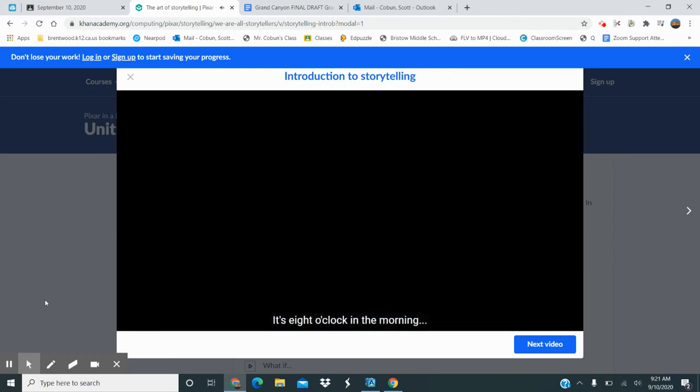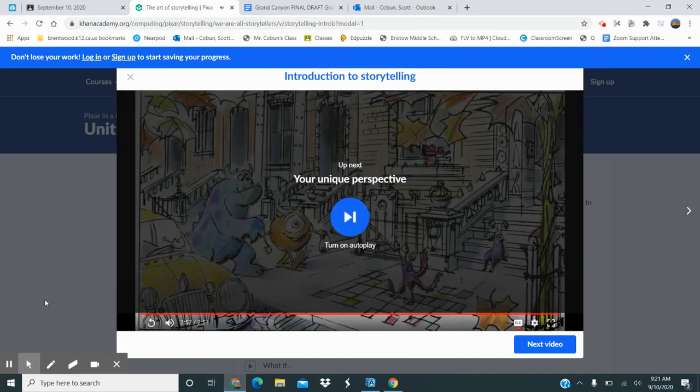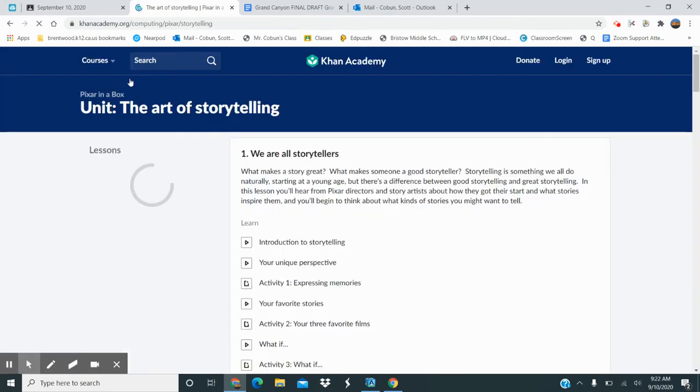All right. This is so good. It's excellent, and I wish I would have found it. I don't even take credit. My wife actually found this because we're distance learning parents, and so we're trying to find stuff to teach our own kids about narratives. But this through Khan Academy is so good because Pixar, there's no one who does it better than Pixar. So hopefully that's what's called a hook.